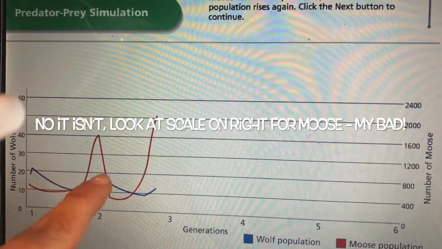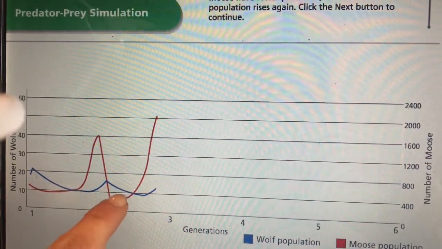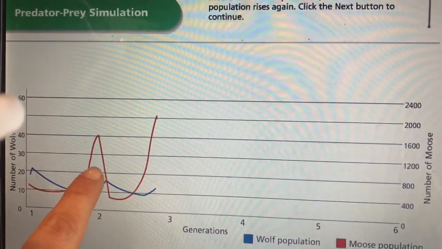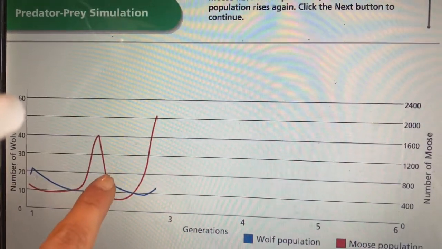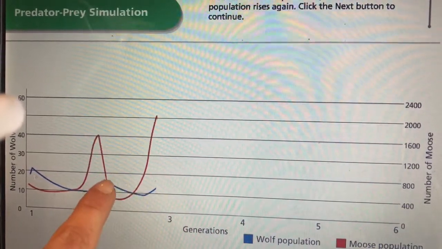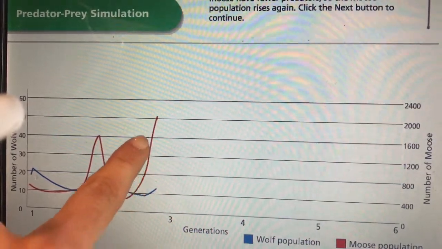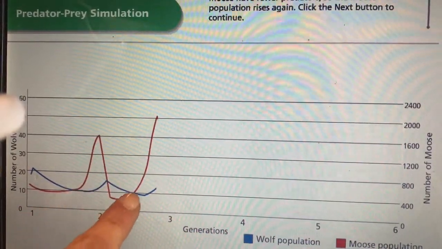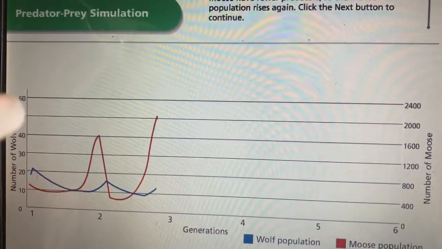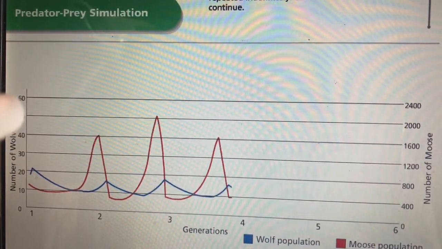Because there weren't enough prey for them to catch and eat, the predator population is going to drop as well. So just after the prey population drops, the predator population will drop because they won't have enough food. Now, as their population drops, that means that the prey population can recover because they're not being eaten as much. So up they go. And I'm sure you can predict what's going to happen next. So we get this constant